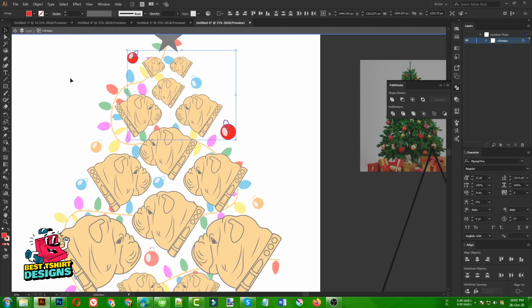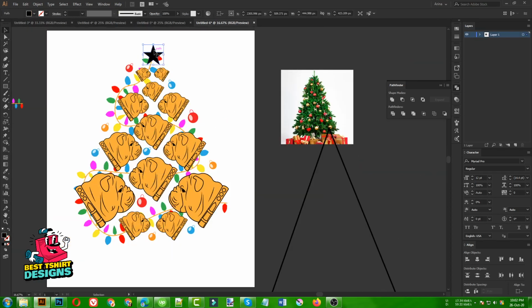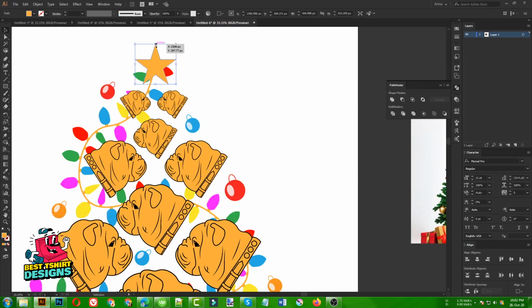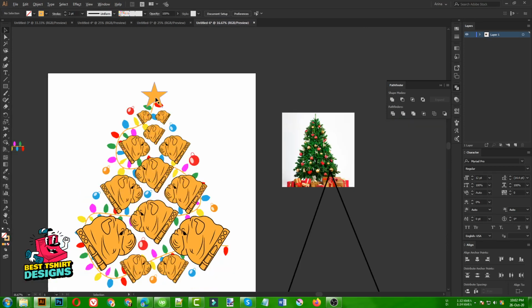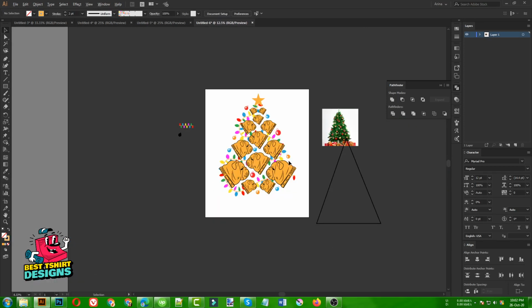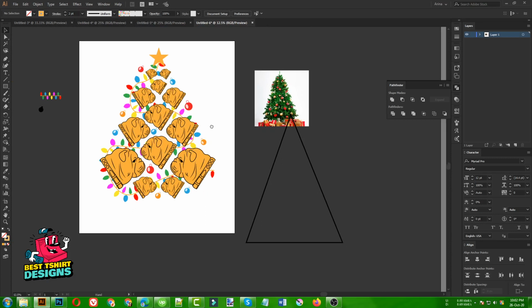again take the red. Okay, this one should also be red, or maybe this yellow color of my dog. So that is good for me. Then maybe a bit bigger in size. Okay, I need to change its starting point, something from here. So that is good for me. Okay guys, so this is my final design for this position. Now I want to add a text here, like this is a pit bull, sorry, not pit bull, this is a bulldog design.